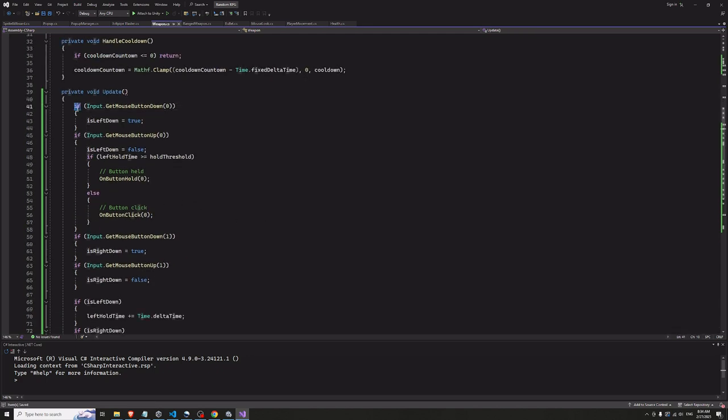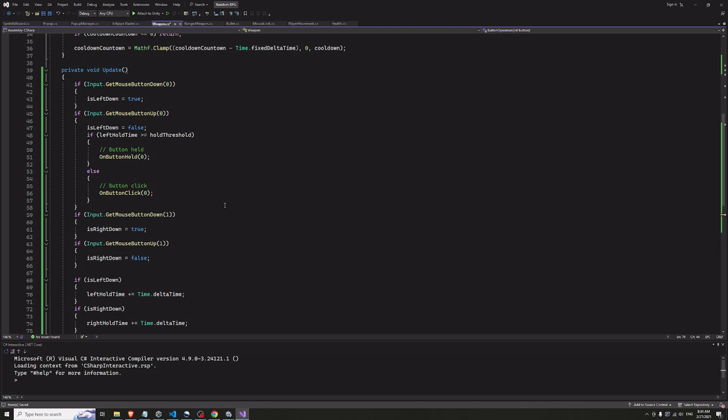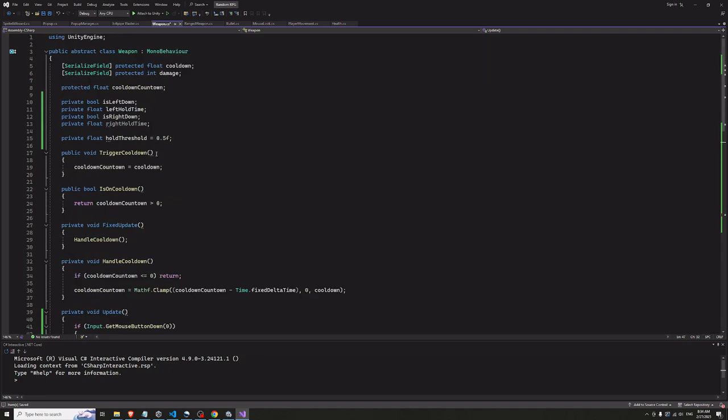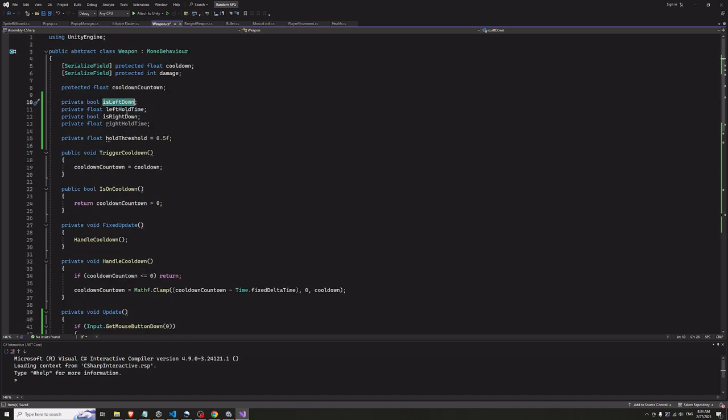So here we will do, oh, I don't know about this actually. What I wanted to do is extract this code and just pass in the button that we're worried about, but it's the little variables. We can turn those. It'll be less readable, but it'll be better code, so I don't know if it's worth doing. If we changed these into an array where 0 is